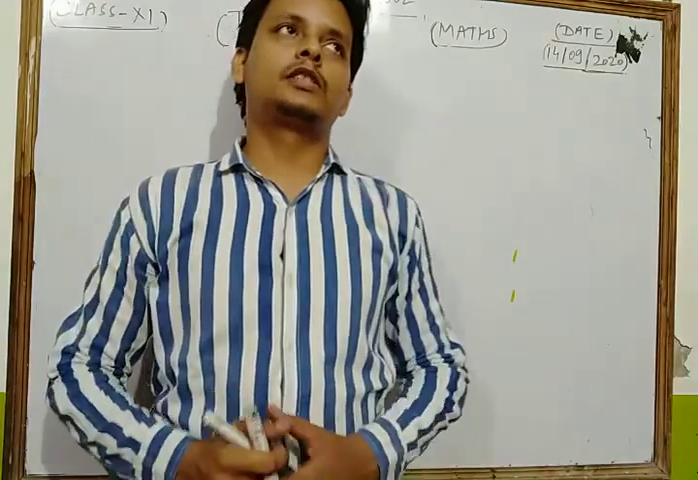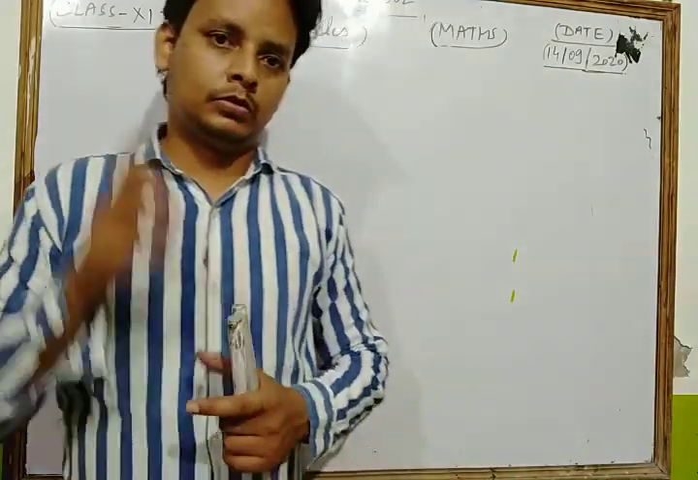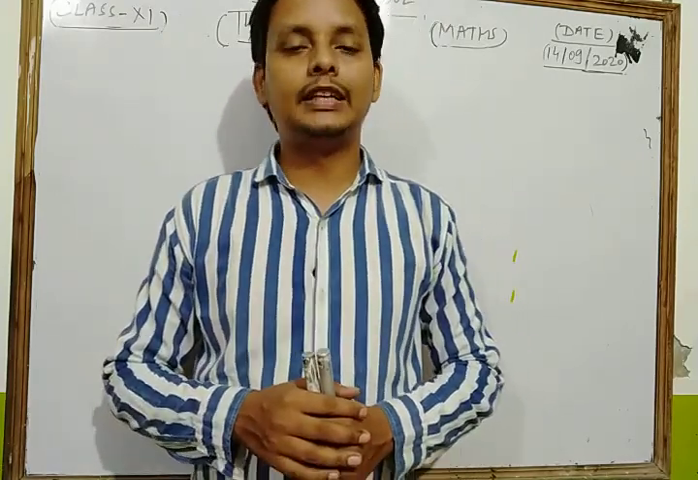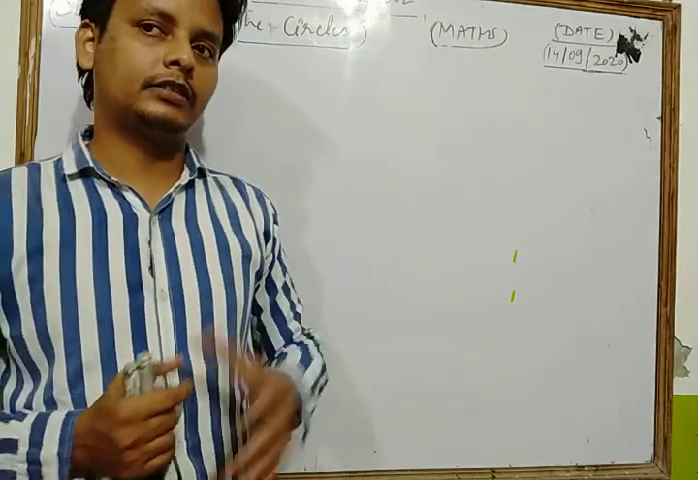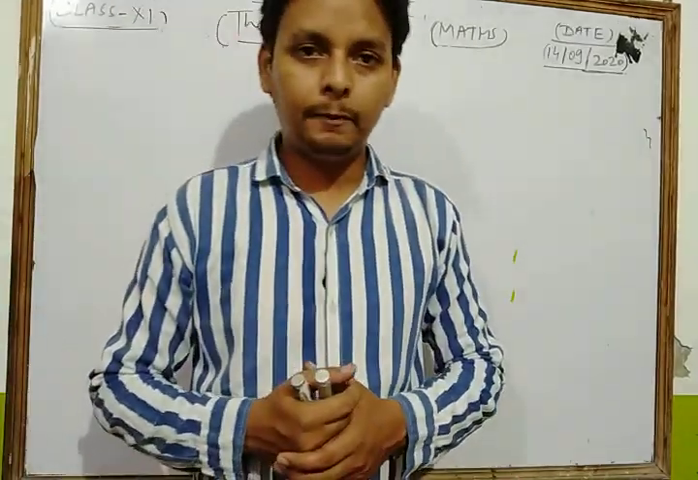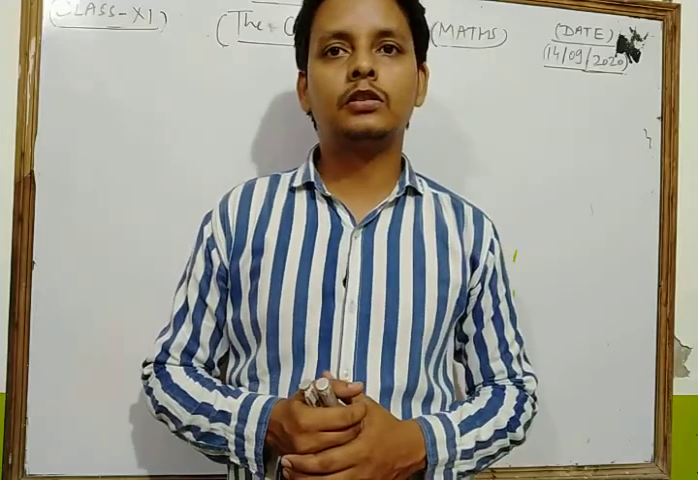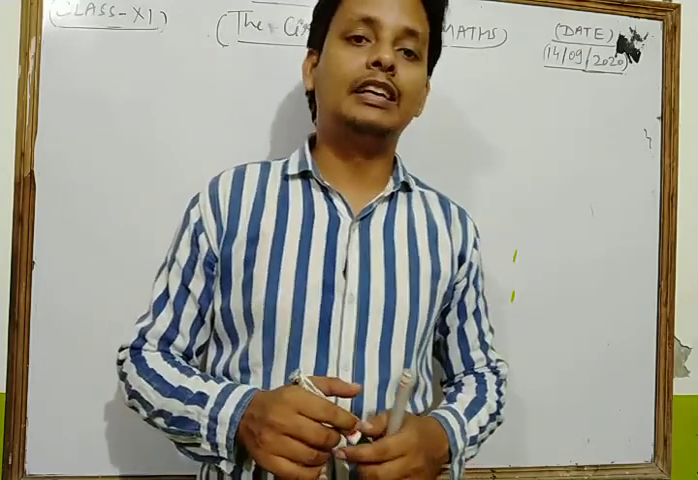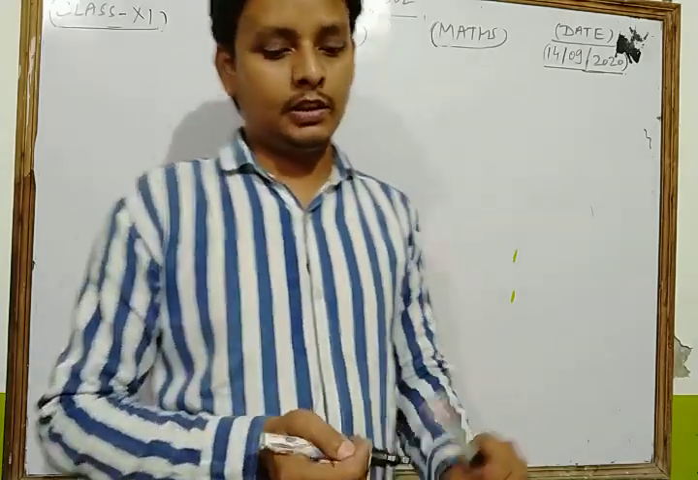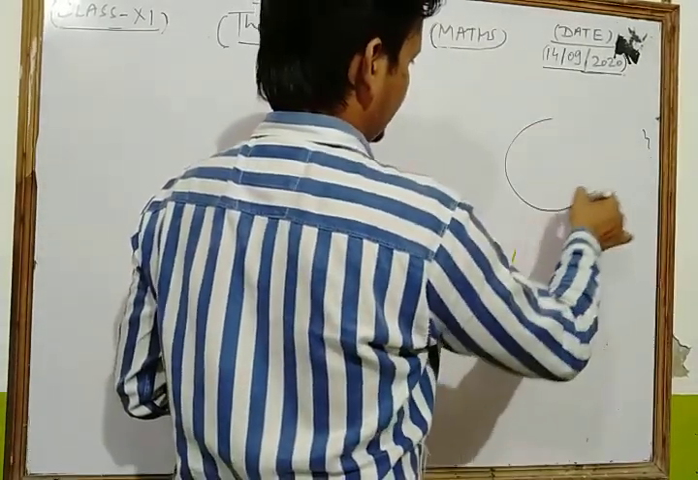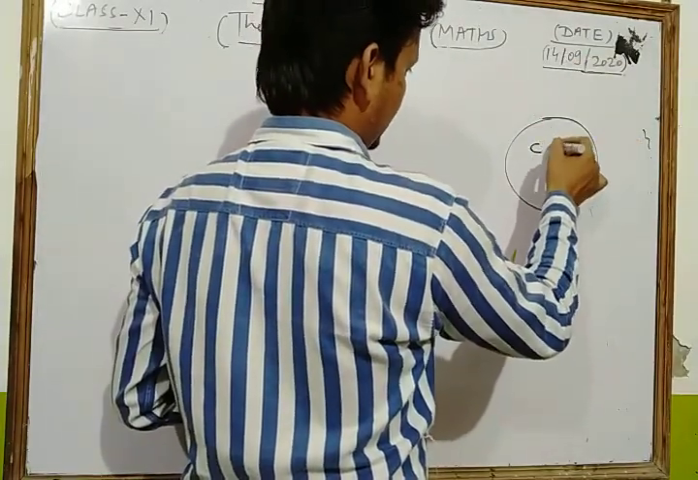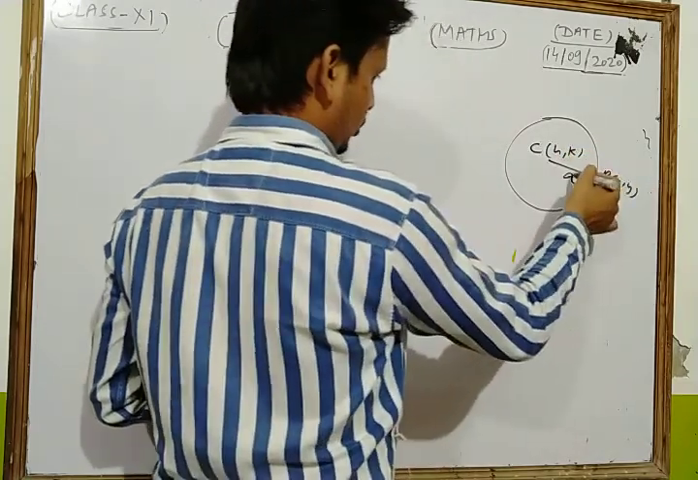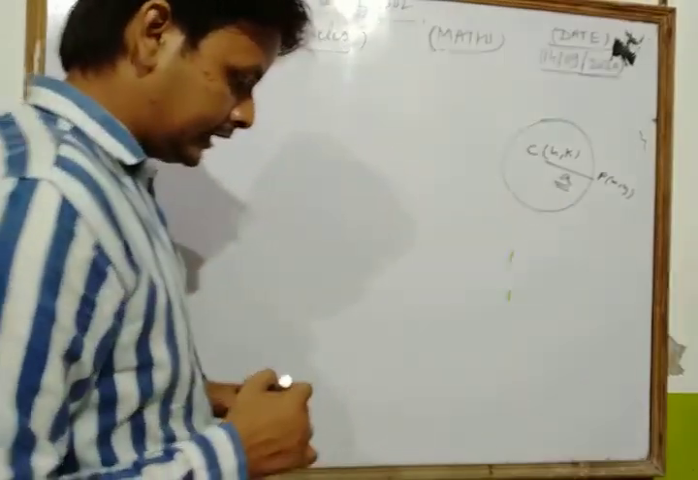Dear students, in the previous class we discussed the topic conic sections, and in that chapter we discussed the first topic, which is the circle. Okay. Dear students, in the previous class we discussed the standard equation of the circle when its center and radius are given. We discussed that if any circle has center C with coordinates (h, k) and the radius is a, then in that condition,